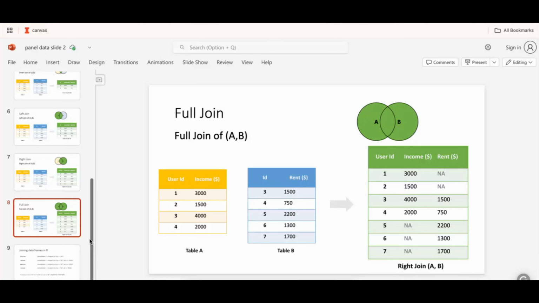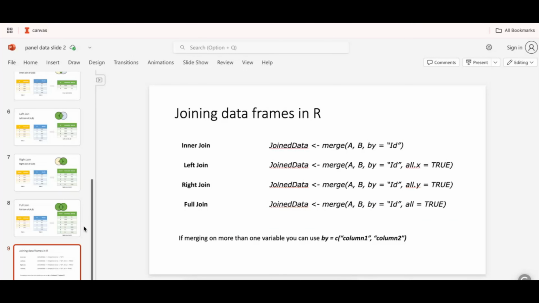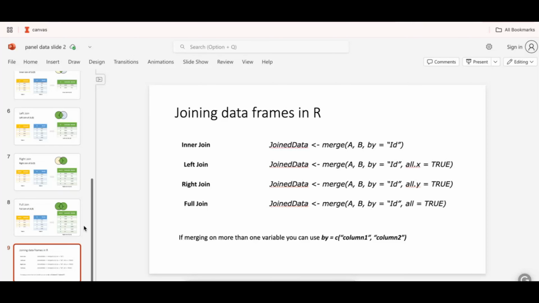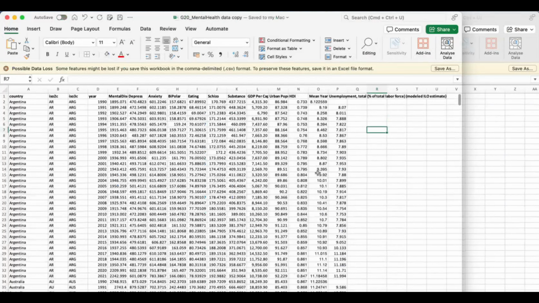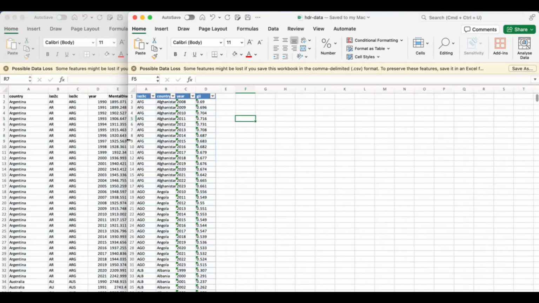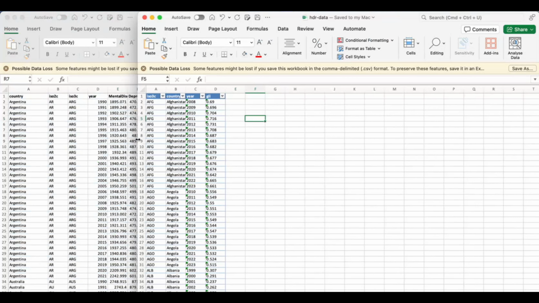But I think these are some of the important ones that you should know, and it'll help you a lot when you are trying to process any kind of data. Before I show you how to use them in R, I would like you to download the data for GII. Now, I'll teach you how to merge this in R, and R uses the merge function to join the data sets. So now, can you please open RStudio?